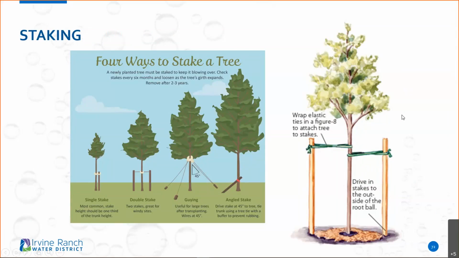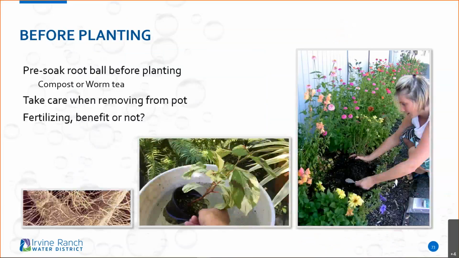So, when you plant small, and one thing also I forget to mention is just plant small. Plant in 1 gallons, 5 gallons. The bigger the plants are in those pots, they've been acclimated to that nursery or that conditioning, they'll stunt a little bit. But when you plant small, 1 gallons, 5 gallons, those roots are just attached to that soil and just pop out, and it'll give you a stronger plant. Before planting, you can pre-soak your root balls. You can use some compost tea or some worm tea if you wanted to.